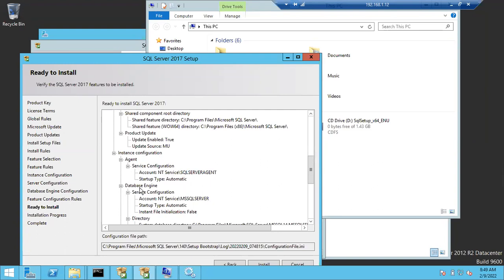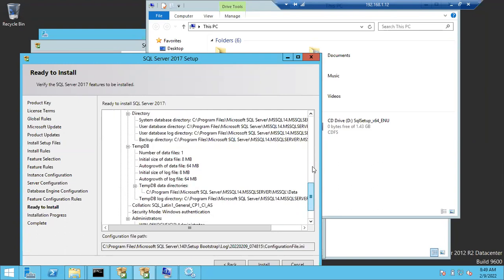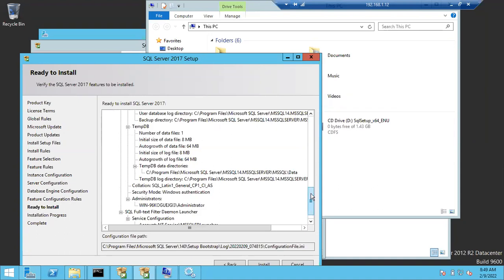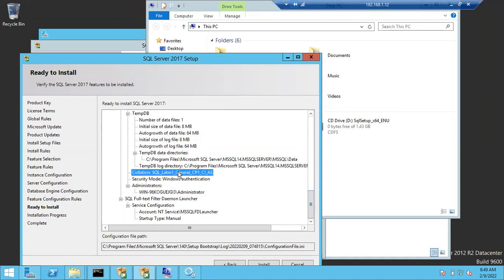For agent, this is the service account. For database engine, this is the service account. If you go down, you can see what the service accounts are, what the language settings are. You can see the files: TempDB files, data files, log files, and who can access my SQL Server. We gave add current user, and you can see these are the service accounts for your full text